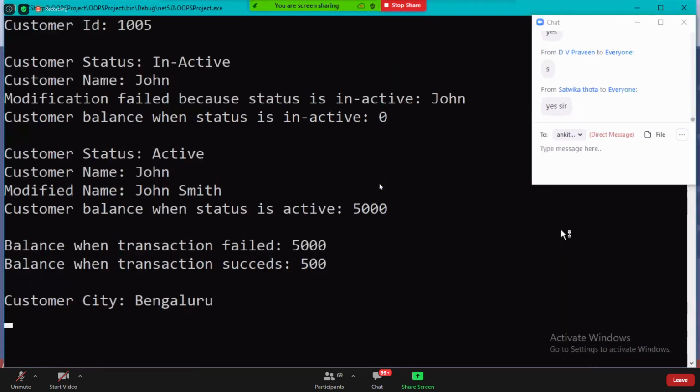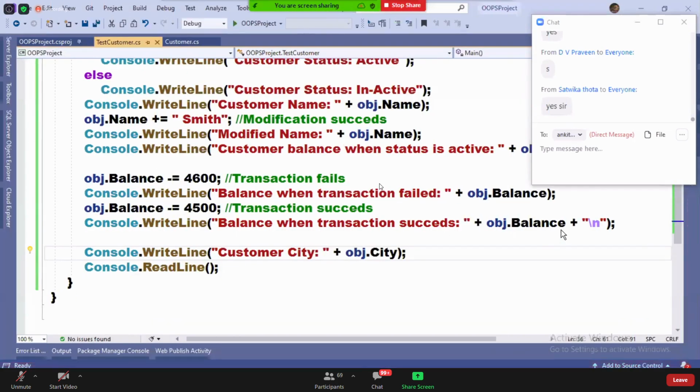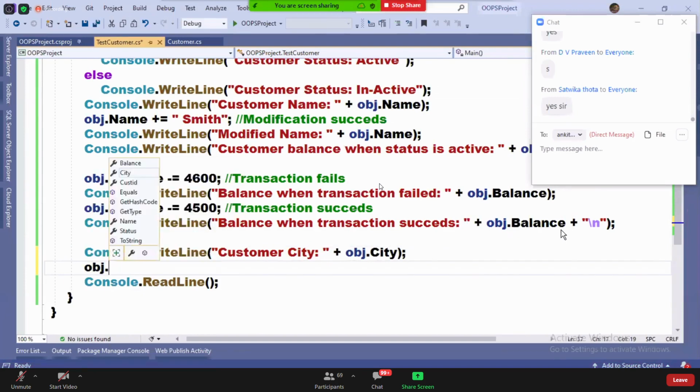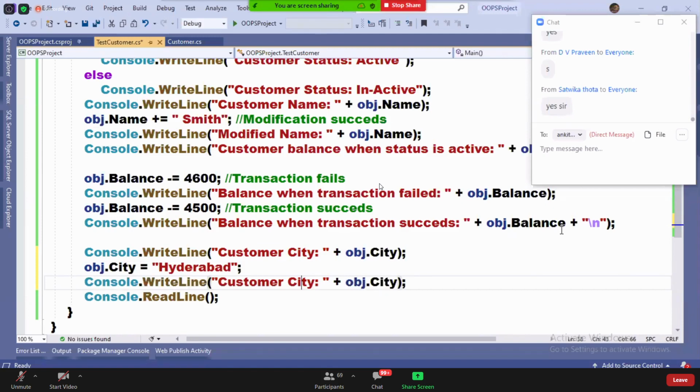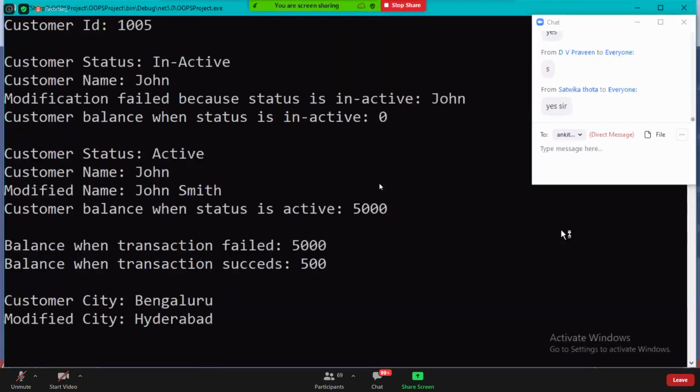Bengaluru. I want to modify the city. obj.city is equals to Hyderabad. Modified city. What is the modified city? The modified city is going to be Hyderabad. Working now perfectly?